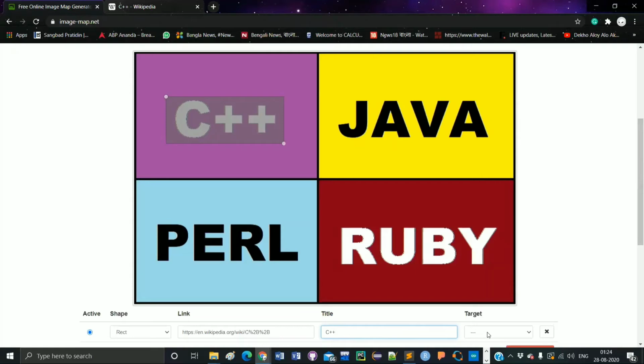And finally there is another attribute, that is target. What is the function of this target attribute? This target attribute basically decides, when you click on this hyperlinked region of the image, where the web page has to be loaded.